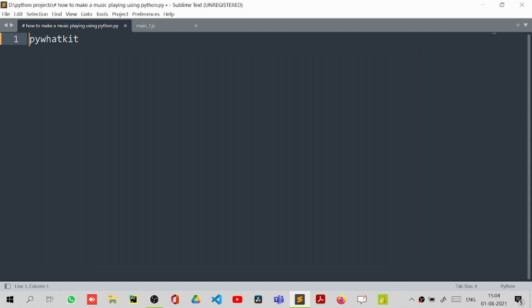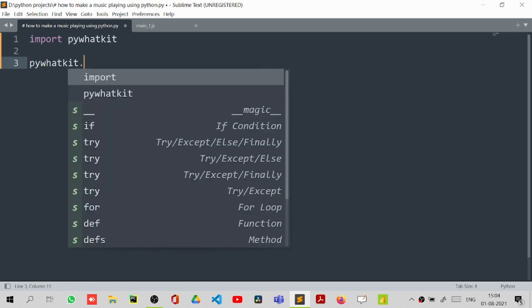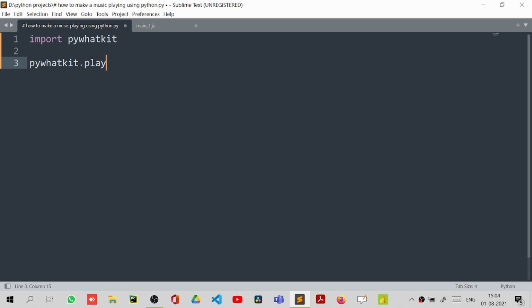So just go over here, type import, import this module, just copy this thing, just copy it. I'll tell you why. Paste it over here, press the dot key, type playonyt. Play on YT means play on YouTube. YT means YouTube. So now, if you have any favorite song, then you can just put it over here, such as